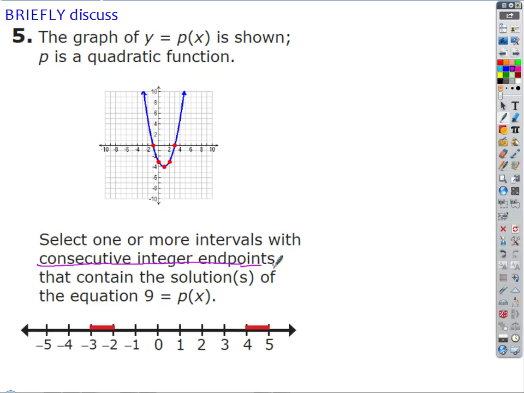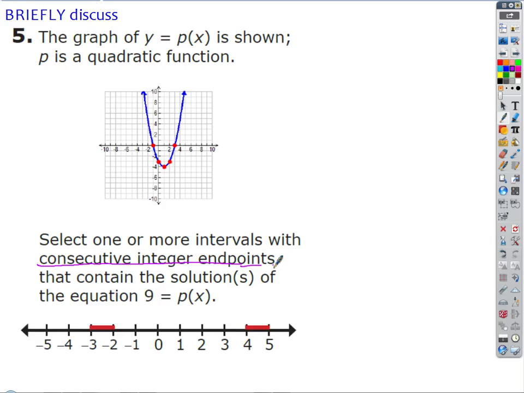Consecutive integer endpoints. What does consecutive mean? Right after. Yeah, sequential or next to each other, right? What are integers? So they're real numbers, but they're more specific. Integers, remember, what I always say is they're where the hash marks are on a number line, right? The dashes. So it's all the positive and negative whole numbers, right? So then we want to know what are the